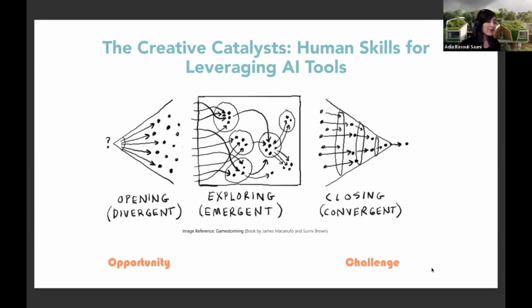with new ideas, blend them, experiment with them, and then how to close the process by narrowing down the options and making decisions. The opening is the opportunity AI provides because of its calculative power, and the closing is the challenge that comes with it. And so we, as humans, need to possess some skills and characteristics to leverage the opportunity and handle the challenge.